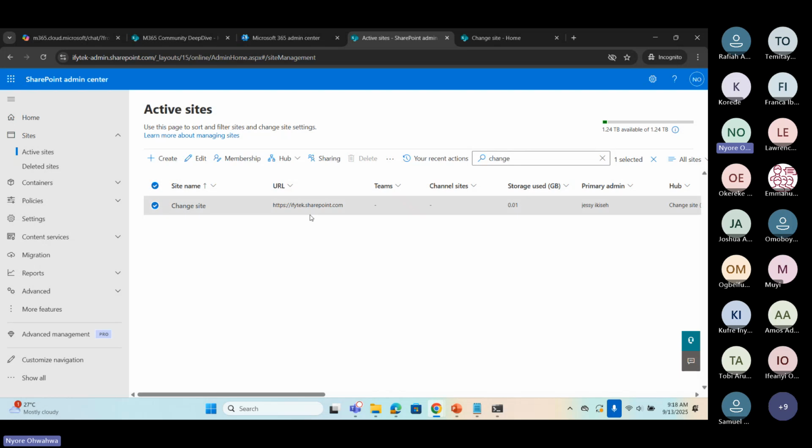So I think that's just a brief explanation of what a root site is. It's a root site, it's a home site. It is the site with your domain name and .sharepoint.com. So most organizations just use this root site as their intranet, right?